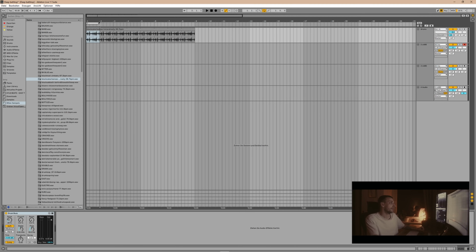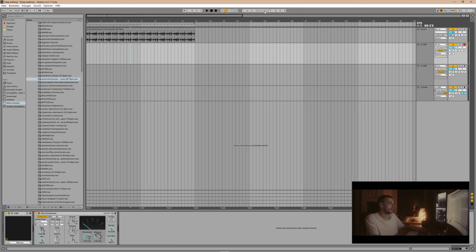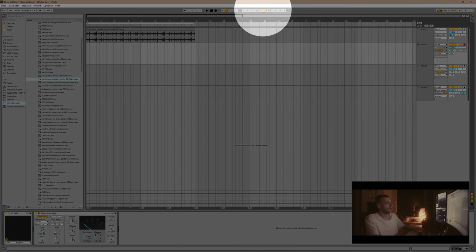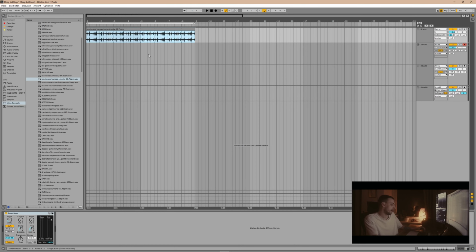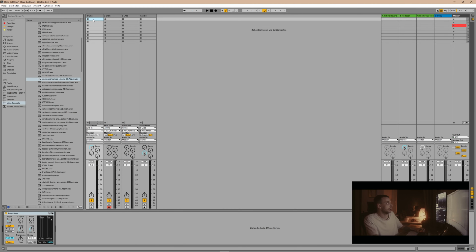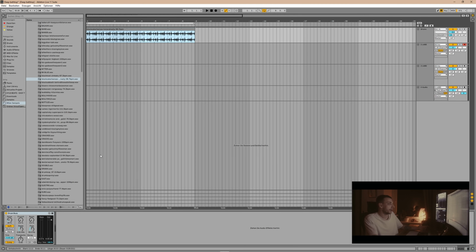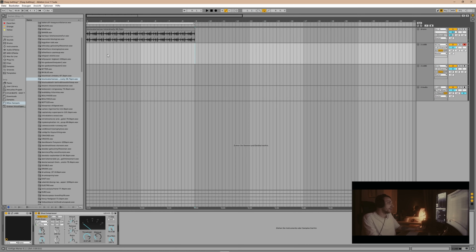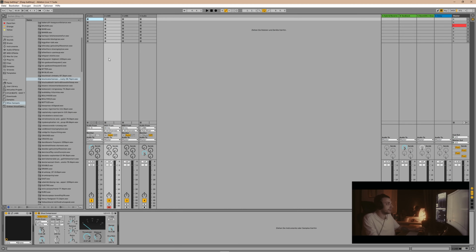Just ignore that sample here for a sec. Really important is that you have this thing here. I don't know how to call that in English, sorry. Really important is that you push loop up here. With this, you have, in a way like in a session view, just a clip that plays in a loop. So I make 2 bars here. I take some drum loop from my library, what was like this. Nice, nice. And then it will start from here again in the front. What is actually nothing else than the session view.